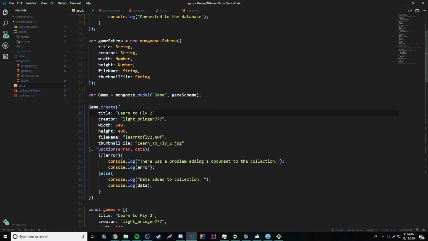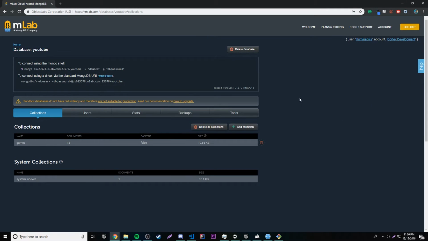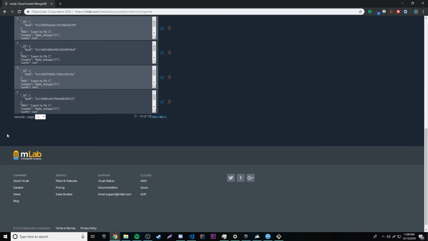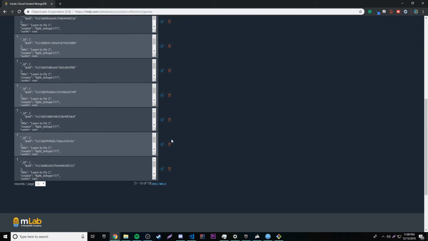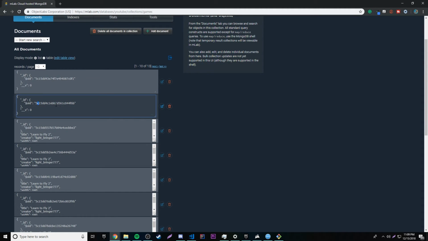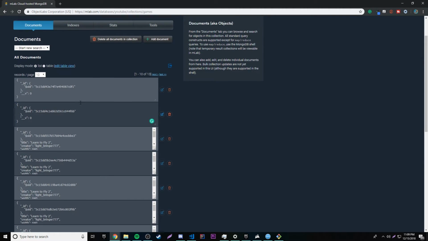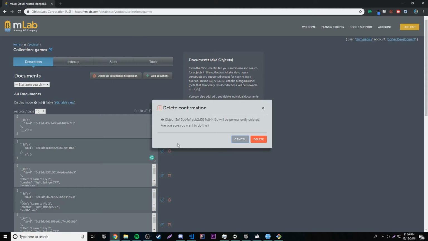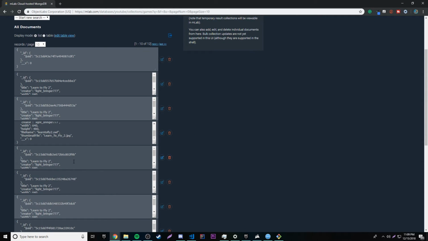So what it did basically is take this model here and then add an S onto the end of the name of the model, so it called it games for us, okay? So it's all very magical, and it did that for us. So now we can click on this collection here, and we can see all of the data within the collection here. And all of these things here, these are all of our documents, okay? So as you can see here, they all have their own ID. If we scroll, and these are empty because, I'll explain that in a second. But anyway, if we go down here, you can see that they all have the data that we just added,